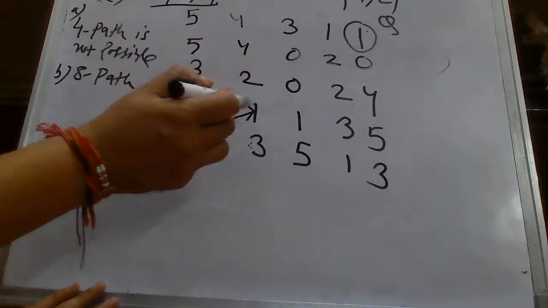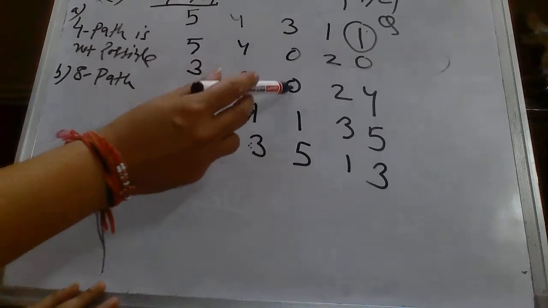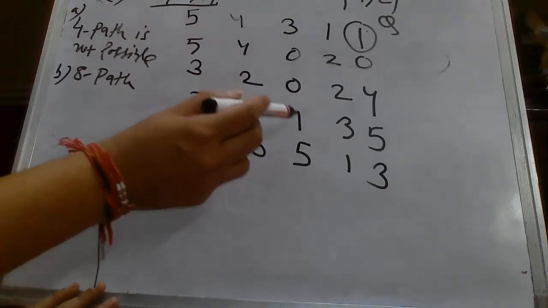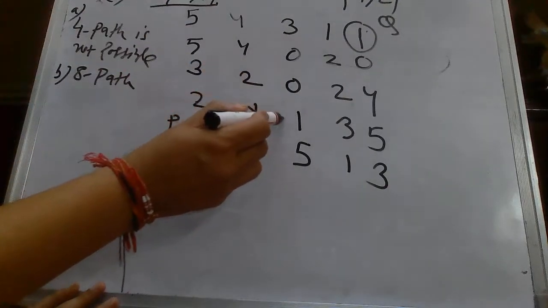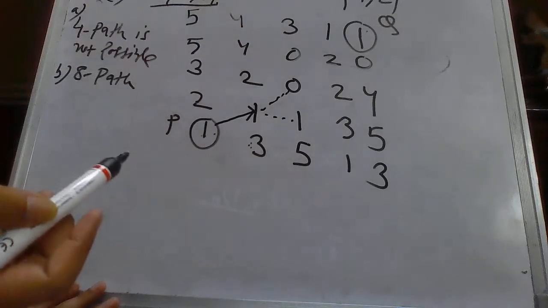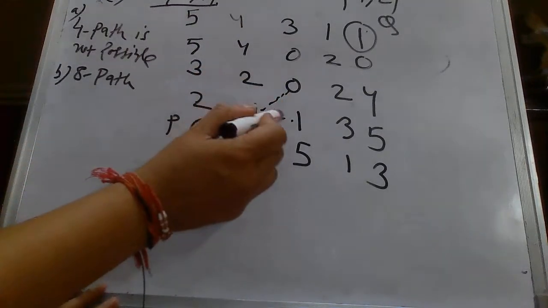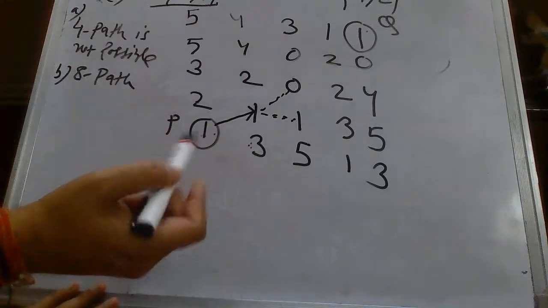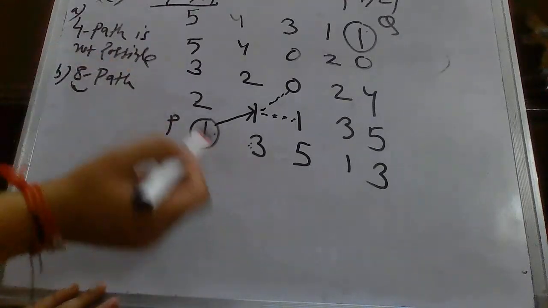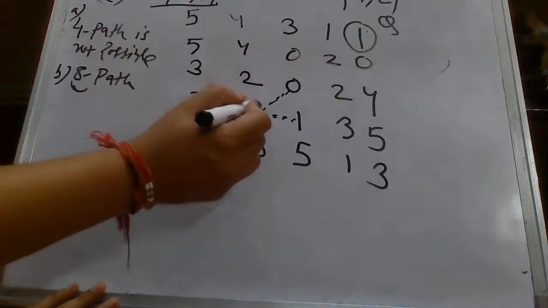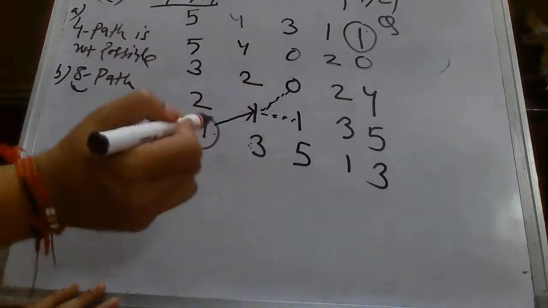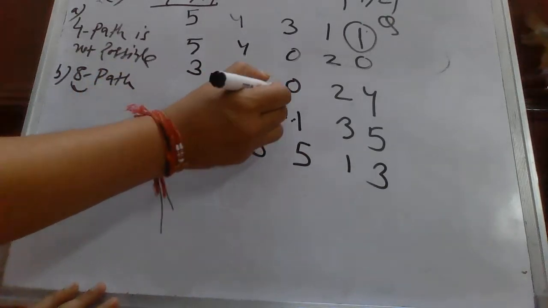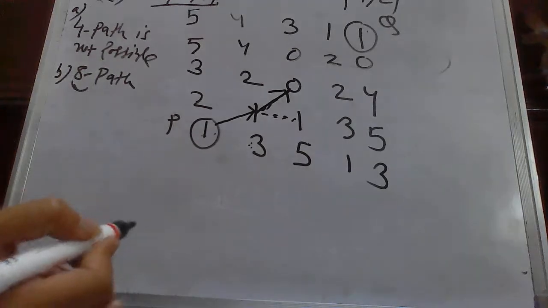Now from here again, where can we move? Either I can go to this, or this. These are the 8 neighbors. But from here you can see we cannot go to 2. We can go to 1 or we can go to 0. So there are 2 possibilities. One possibility is to follow this path, another is to follow this path. What I suggested in the beginning: if you are drawing an 8 path between P and Q, you should always give preference to the diagonal path rather than the forward or 4 neighbor path. So I will take this route. I hope I have made this point clear.